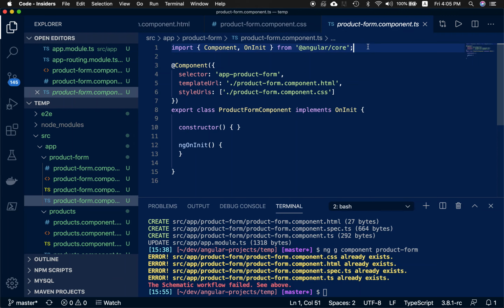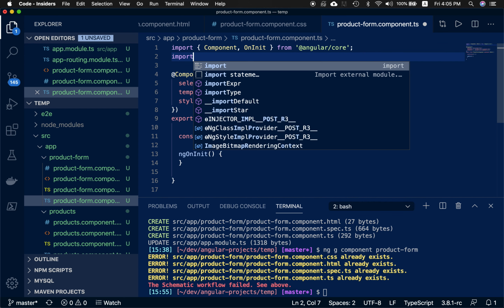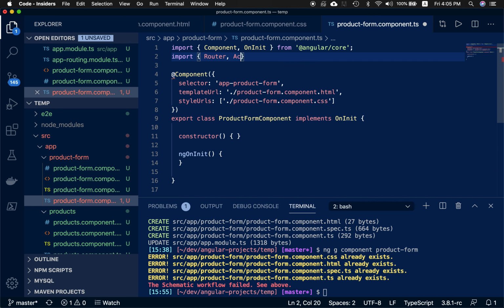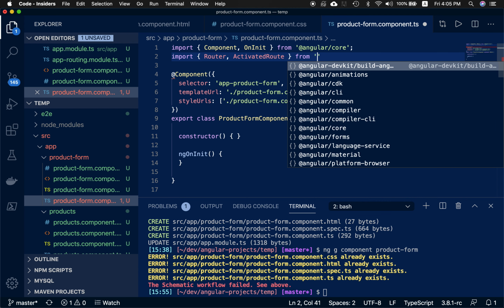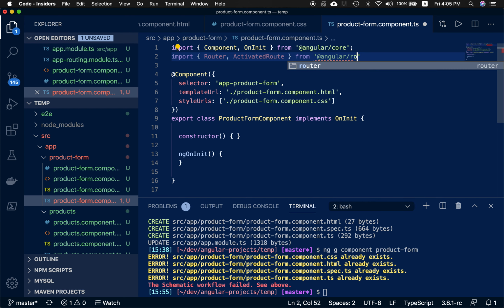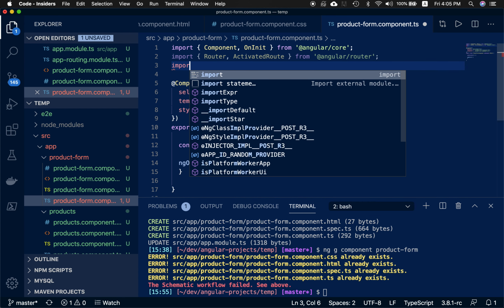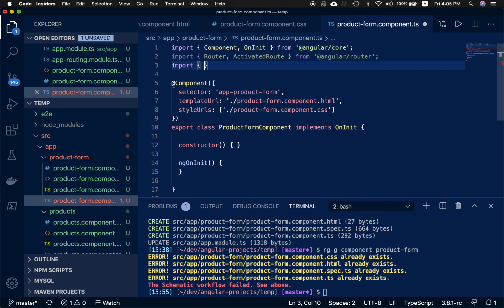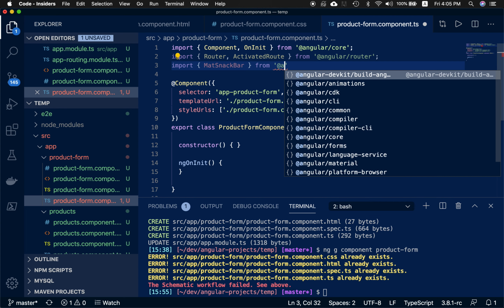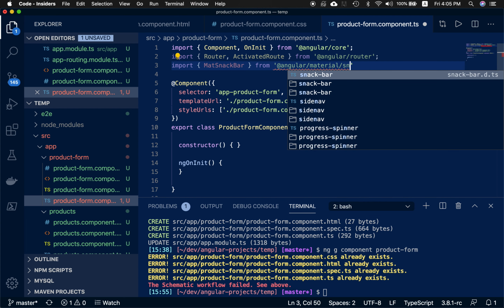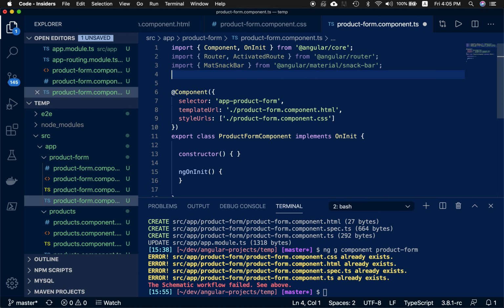Now we want to add the logic as we did a while ago, and let's first import the router and activated route from the Angular router, and then also import the snack bar, material snack bar from Angular material snack bar. Okay, also need to add the API service